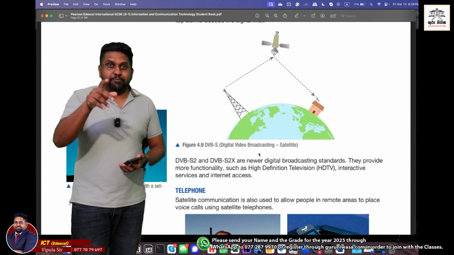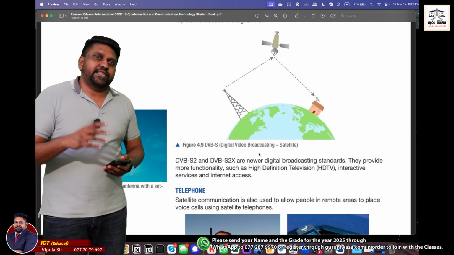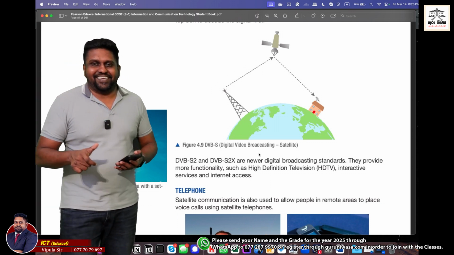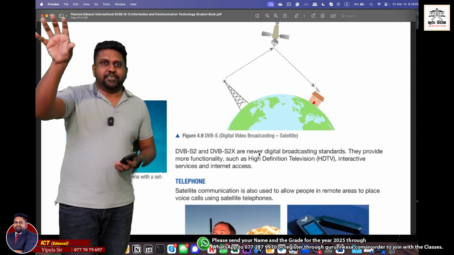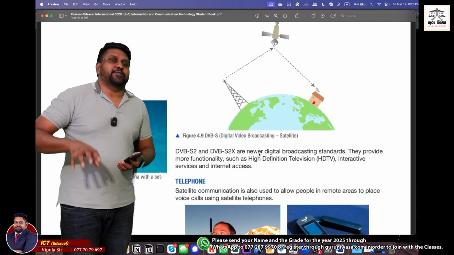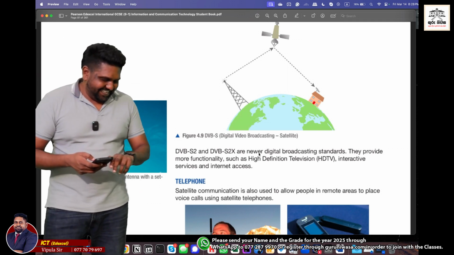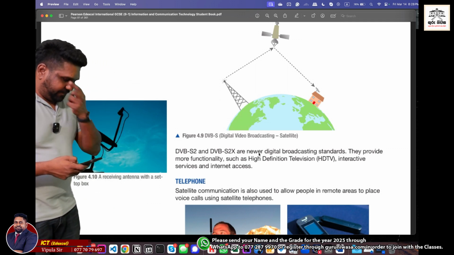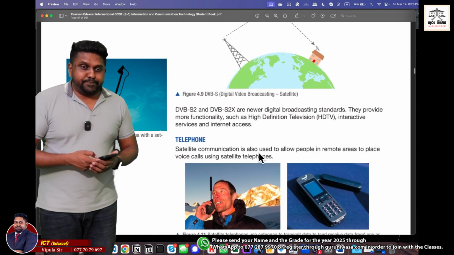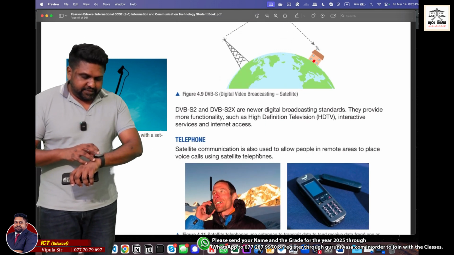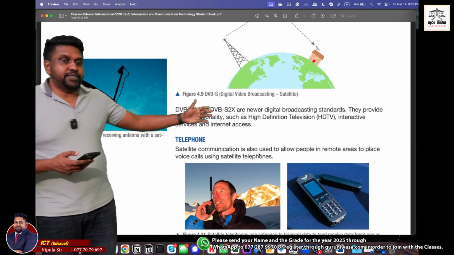So that's why if your signal is not properly working, you can give them a call and they basically come and calibrate it again. So based on the satellite location, you set it into that particular location so that the data will be downloaded from there. So that's the way it works. Okay, so then there are a list of new broadcasting standards as well, which is known as